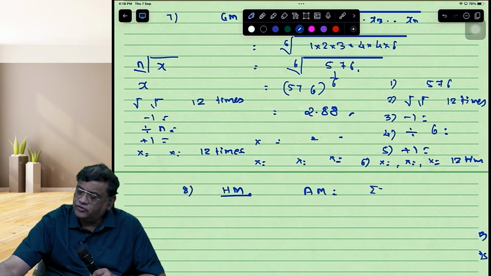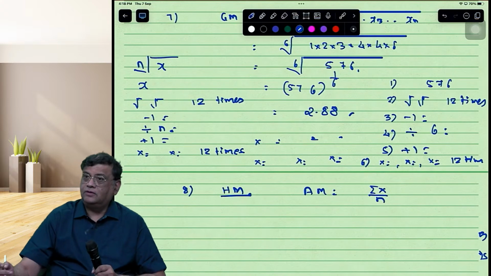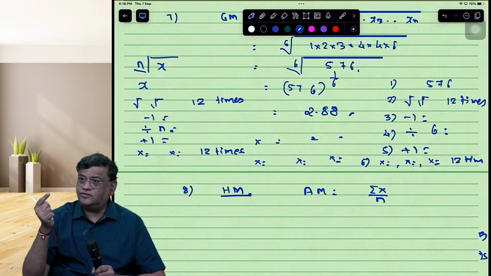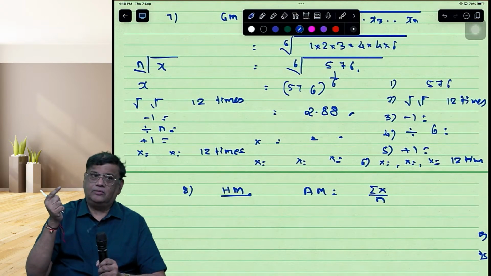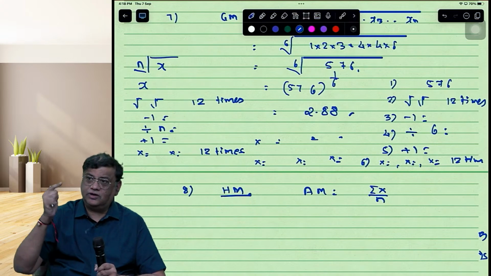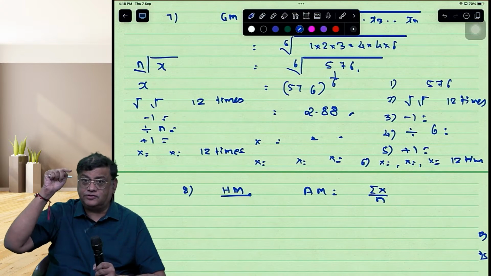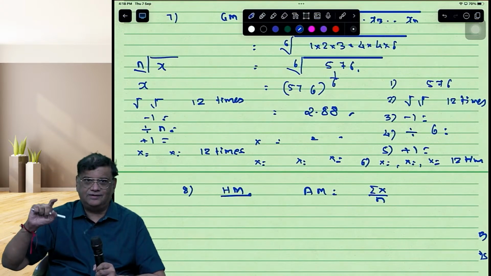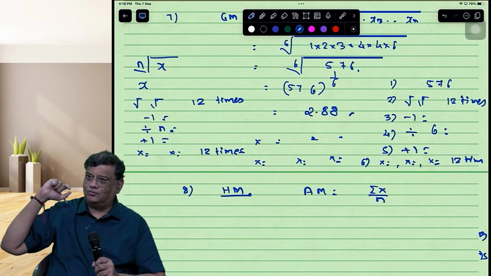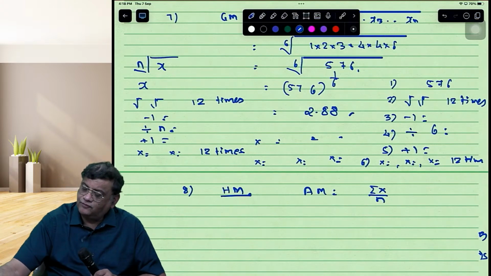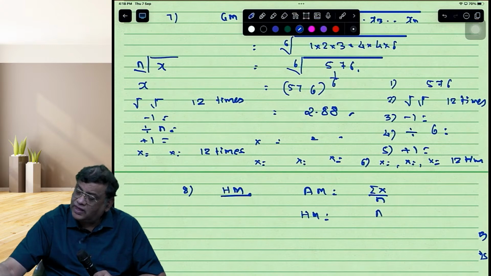That will be summation x upon n. Now harmonic mean, में कल हमने ऐसा देखा था कि वो रेसिप्रोकल टर्म में जाता है. Speed is equal to what? Distance upon time. डिस्टेंस कांस्टेंट है, टाइम वेरिएबल है, तो उसका रेसिप्रोकल लेना पड़ता है, उल्टा करना पड़ता है. And therefore harmonic mean जब निकालना है तो it becomes n upon